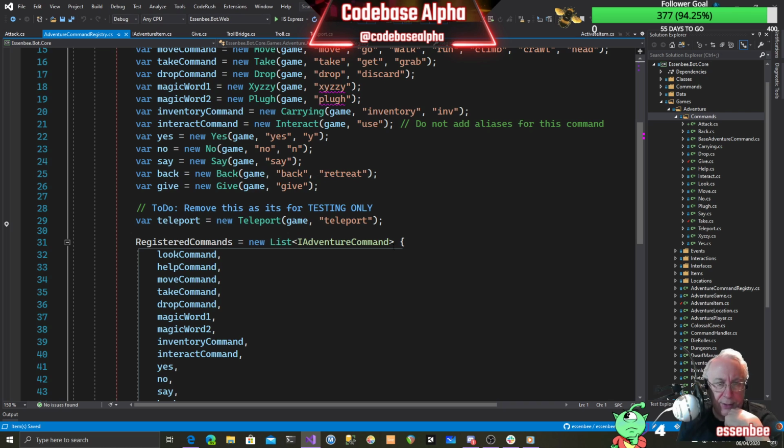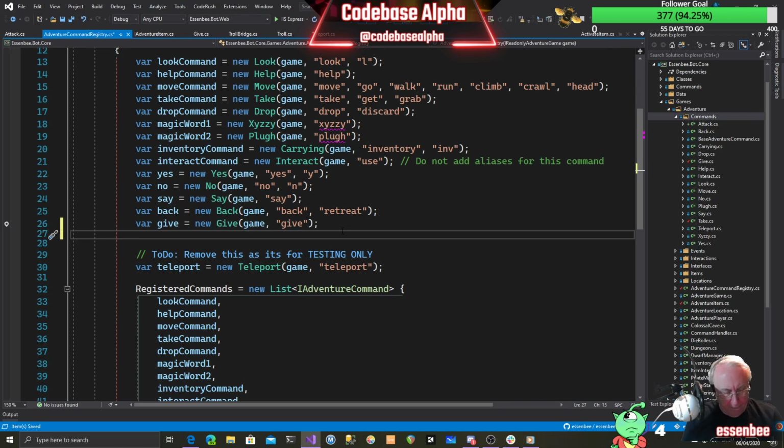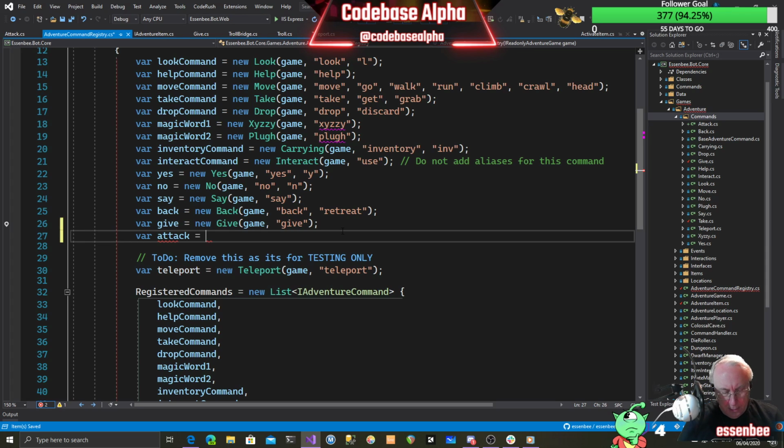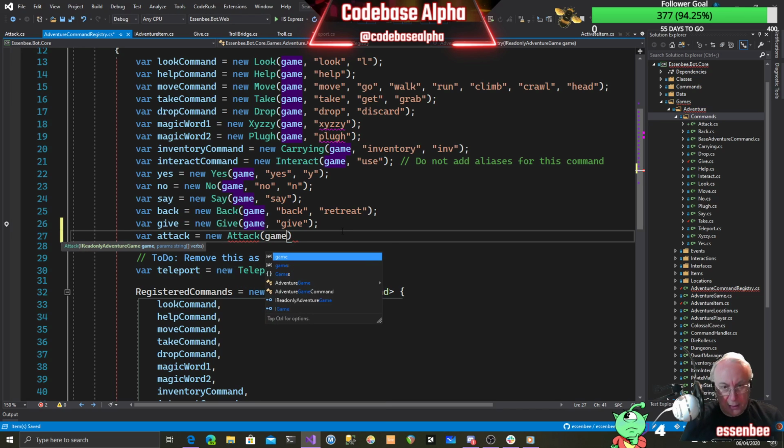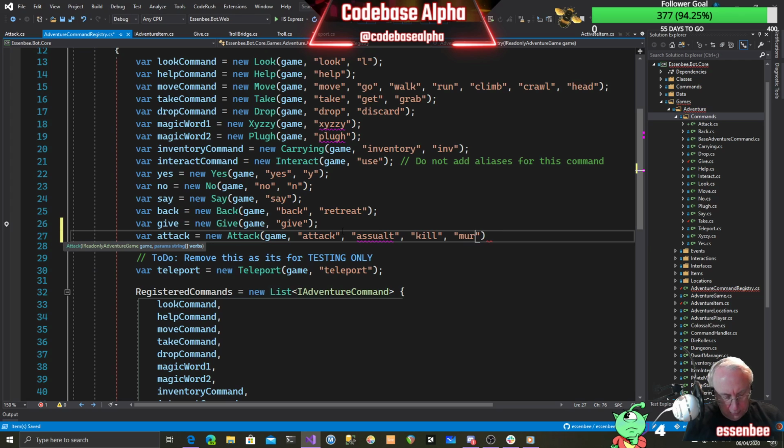Let's go and register this, and passing game, and then base verb is attack, false. And then we need to drop our